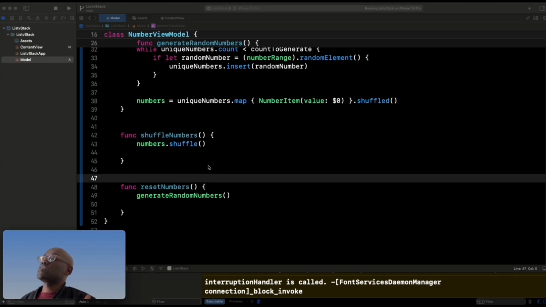So what we're going to do in this example, and we're going to test it a number of times, is start the application, right? And then we're going to scroll all the way to the bottom of the 1,000 numbers. Then we're going to shuffle them, and then we're going to scroll back up. And in all this time, we're going to check what is the maximum amount of memory that has been utilized